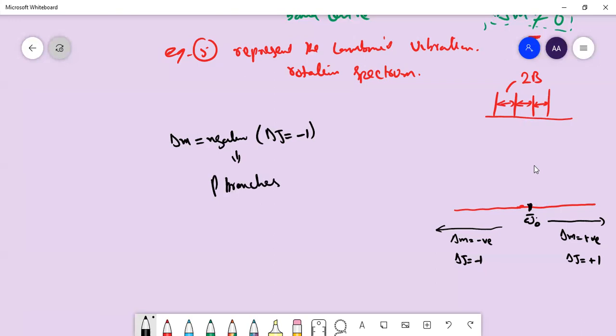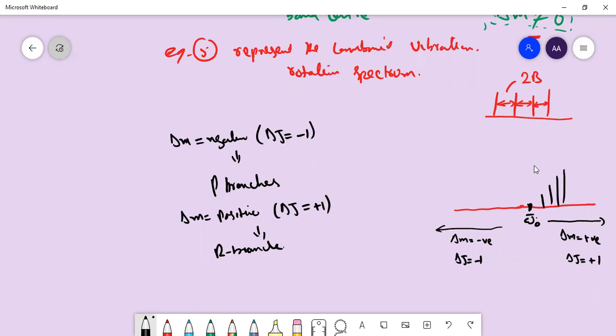And the lines on the right side of our band origin, that means m is positive, m is positive means the value of delta j is positive, those bands are known as R branches. So in the actual spectrum, you will get different lines on both sides